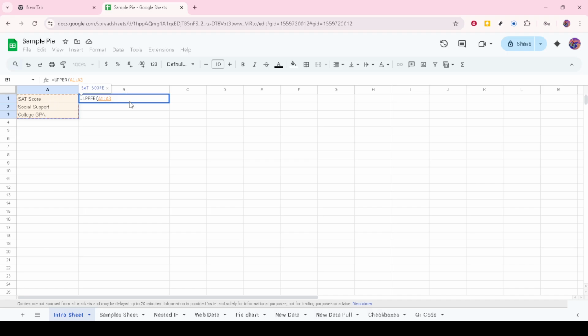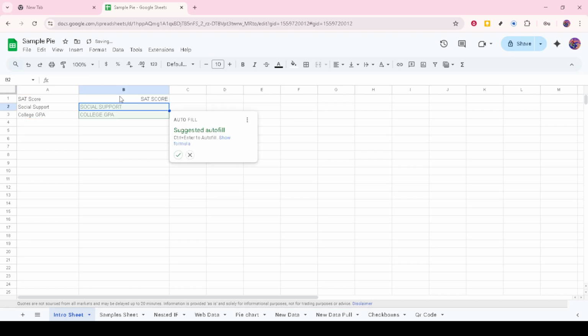Next, you're going to specify what exactly you want to transform into uppercase. If the text is already in your sheet, click on the cell where the original lowercase text is located. Alternatively, if you want to convert a specific string of text, you can simply write it within quotation marks directly in the formula. Either method works great, so choose whichever fits your situation. Once you've indicated the source text, whether by cell reference or by directly typing it within quotes, close off your formula with a closing parenthesis.